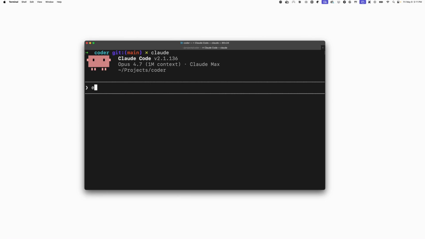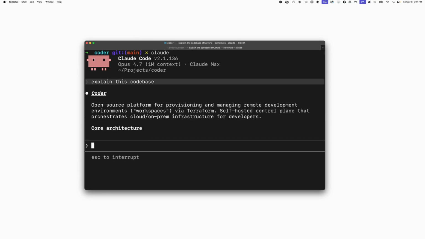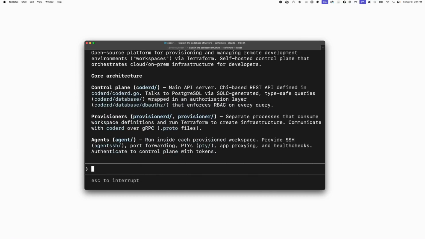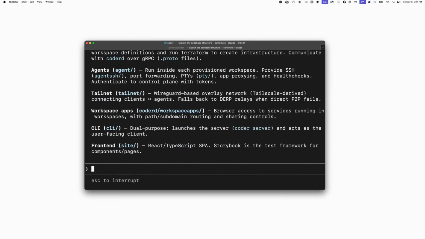So, for example, I can ask it to explain this code base, and it's going to read the files inside of this code base that I have cloned, and it'll tell me about it. I actually have Coder cloned, and it's going to tell me a little bit about Coder's architecture and what it can do. Now, you can have it write files and read files and do all that fun stuff, but